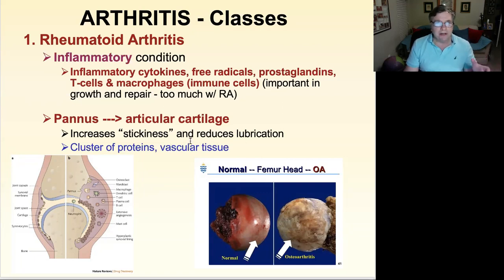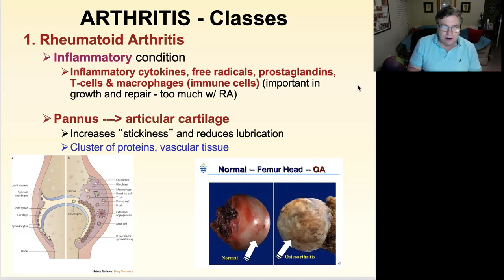So as I mentioned in our last discussion, vascular tissue, believe it or not, this is one place where we don't want it, on the surface of articular cartilage. Everywhere else, like your heart, your tendons, ligaments, bones, etc., you want it there, but in this case, you actually don't. So here we see a femoral head that's normal and one that has arthritis. This is osteoarthritis, but